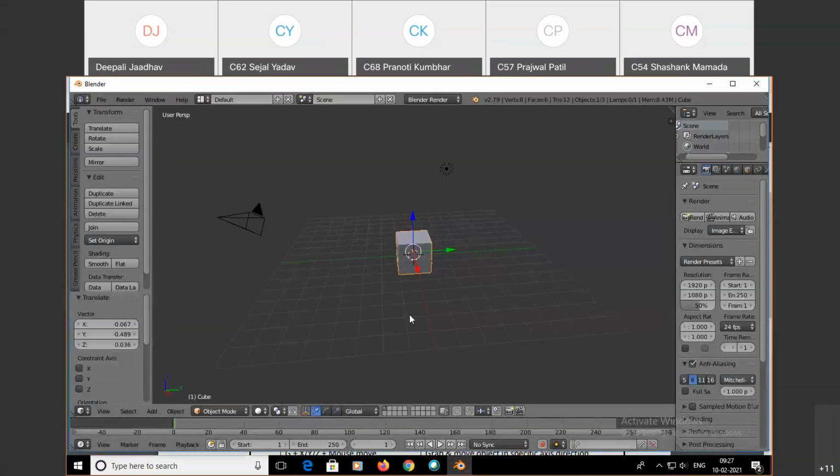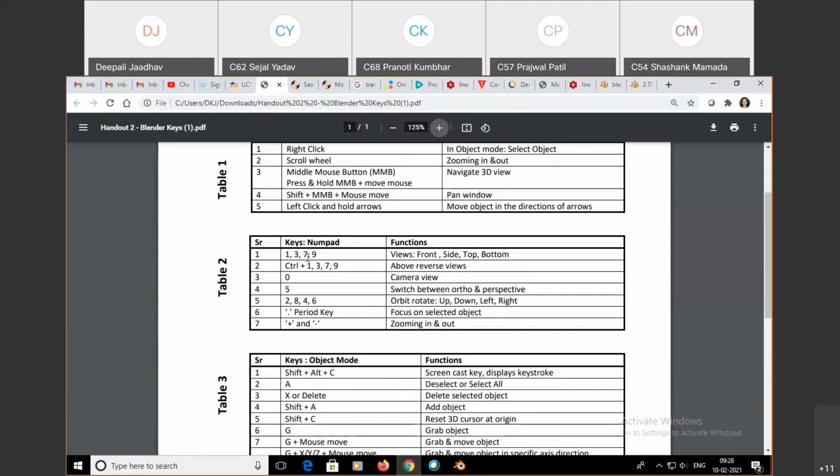When we use a PC, it is easy because the numpad is separate. So 1 is the front view, 3 is the side view. I think 7 is the top view and 9 is the bottom view. We'll check.